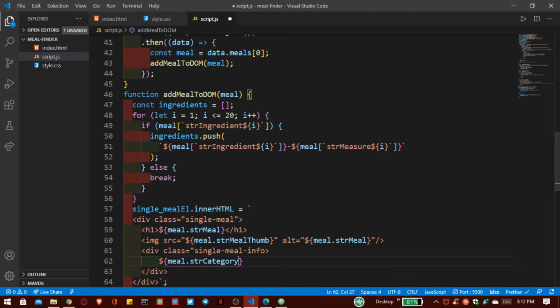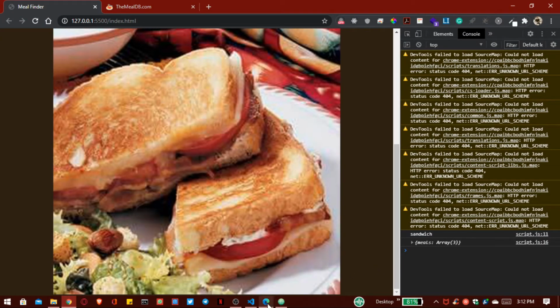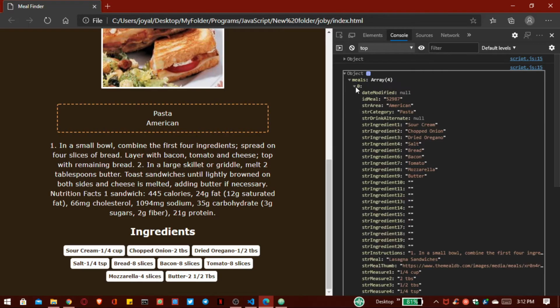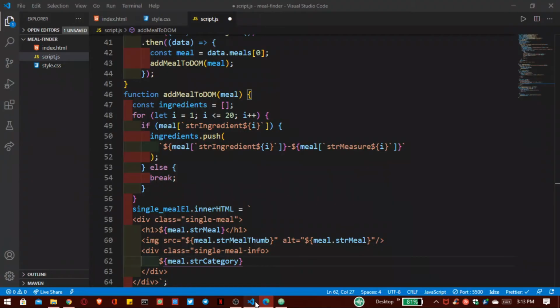For category, you can see here str category for every meal and str area for every area. So we have to print that if we have it, otherwise we have to print nothing. So we have to pass this syntax.